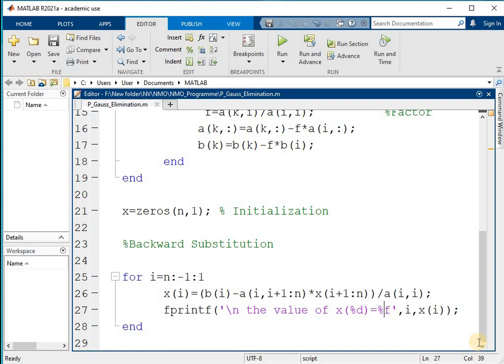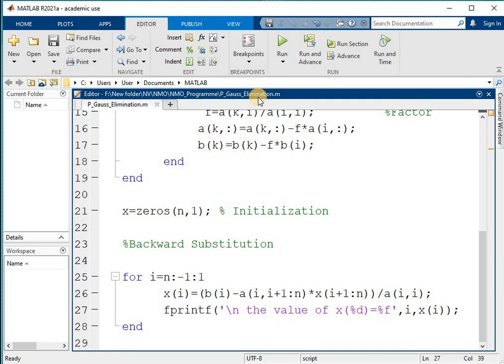Now let's run this program. To run this program, we are going to click on this run icon. When you click on this run icon, if your program is previously saved, then you will directly get to the command window. If the program is not previously saved, then it asks you to save the program. I have already saved my program as p_gauss_elimination.